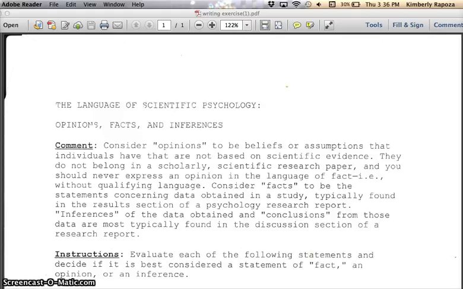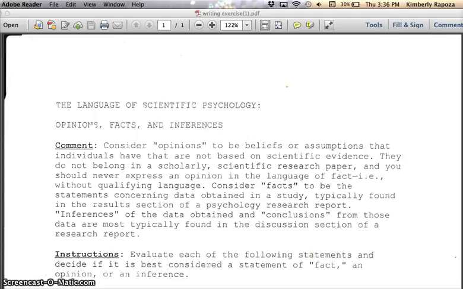Inference is where you look at the data obtained in your study or in another person's study, and you try to draw some conclusions about the data. This is acceptable because you're looking at fact and you're drawing some kind of idea or conclusion about what it means. I could come along, look at the same facts or ideas, and draw different conclusions, and this is where we have debate or discussion as to what things actually mean.